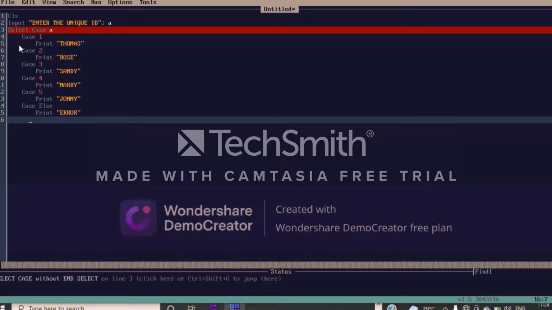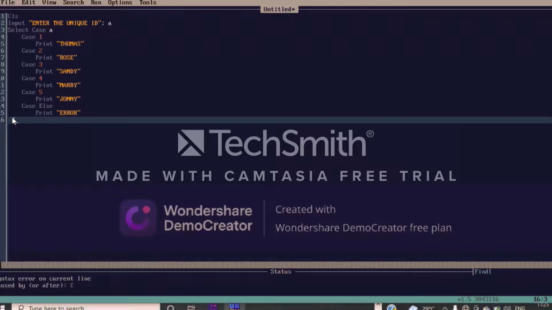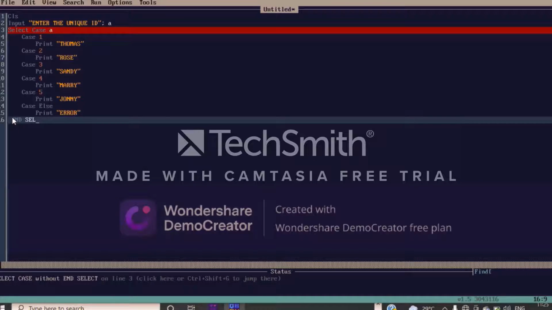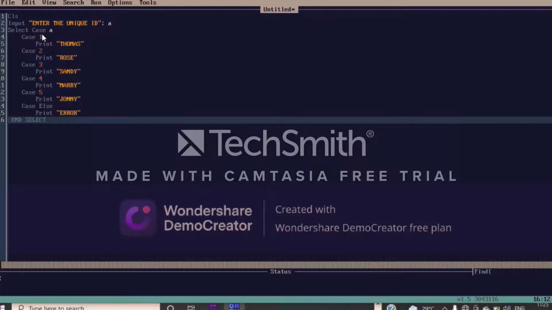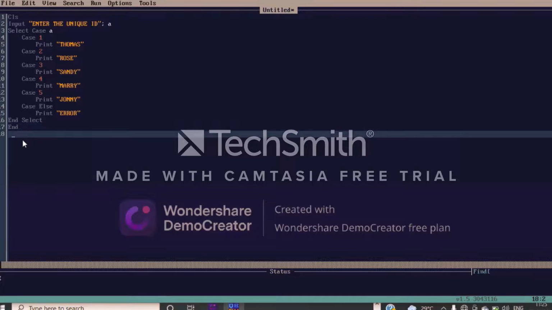Now as I told earlier, if you are starting a SELECT CASE program, you have to end it with END SELECT. So write END SELECT. Remember, if you are doing a SELECT CASE program, it is mandatory to write END SELECT, otherwise this program would not work. SELECT CASE and END SELECT are very important, as if you are giving any special command, then you have to end it also. See, as I typed END SELECT, the red mark has been removed, which means that my program is now correct. Now END. Now I have ended my program.